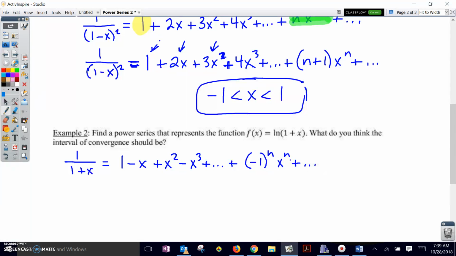And if I take the integral of the function 1 over 1 plus x, I get natural log of the quantity 1 plus x. So all I need to do to get my series for this is take the series that I had and integrate each term by term. x minus x squared over 2 plus x to the third over 3 minus x to the fourth over 4